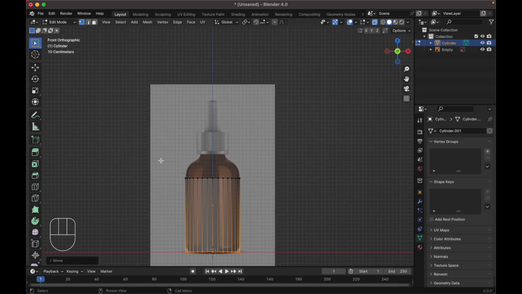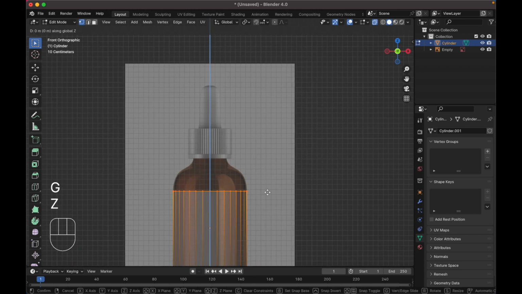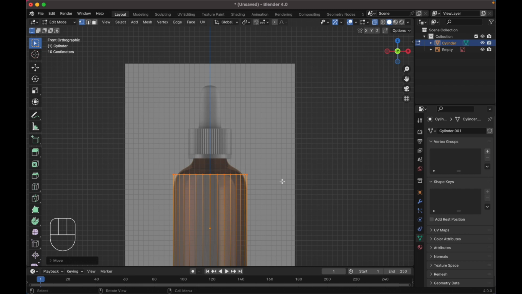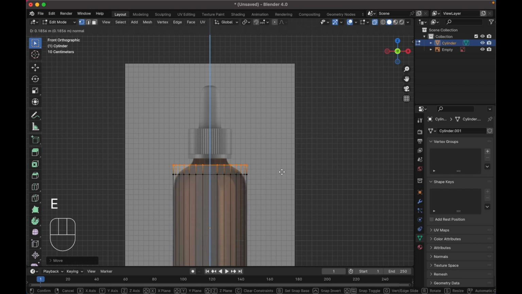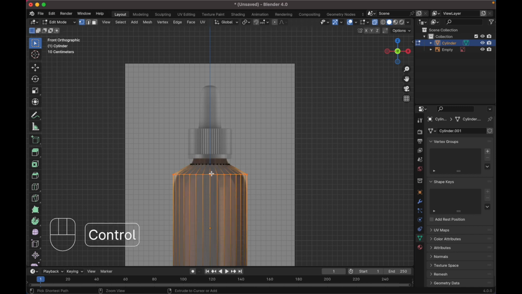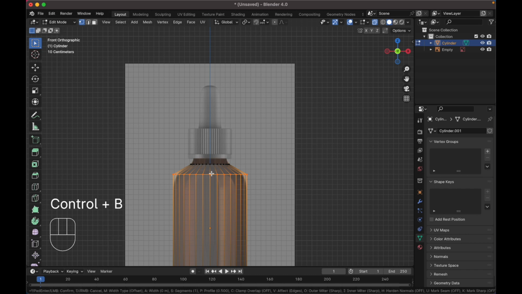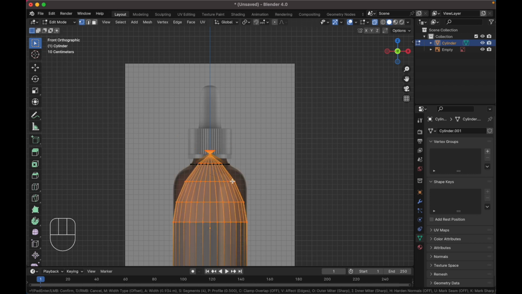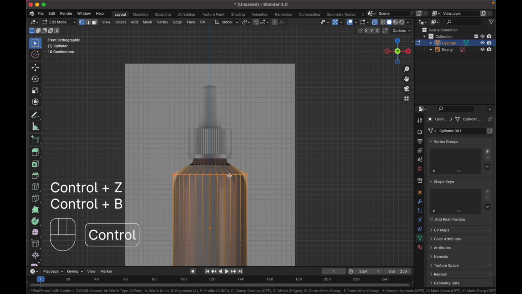At the top edge, select it, G, Z, move it over here, press E to extrude, scale it down, like this. Select this edge, press Ctrl B to bevel it, scroll it down, and scroll your mouse wheel down to add more loop cuts. Okay,